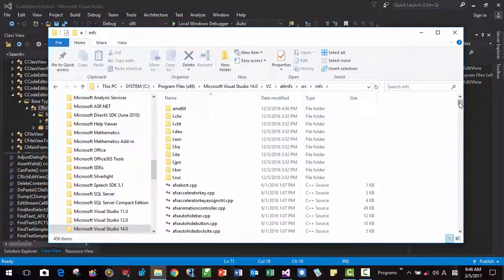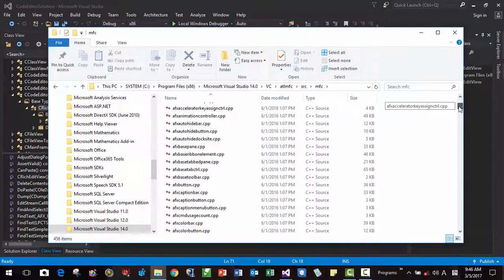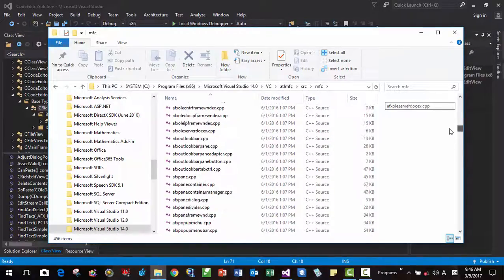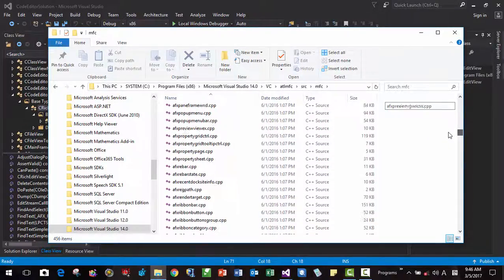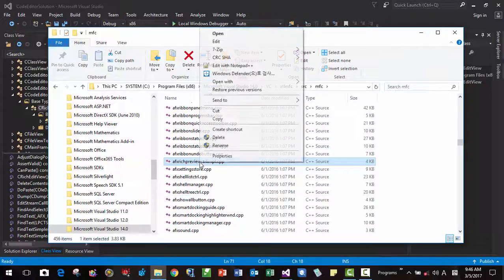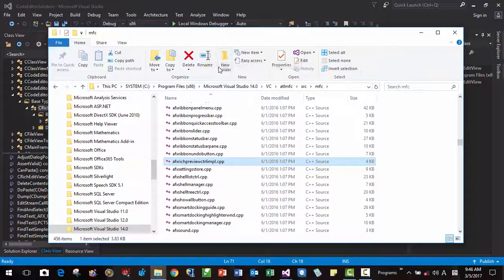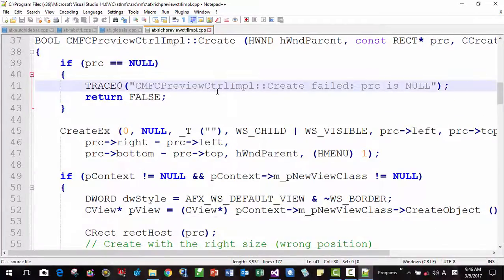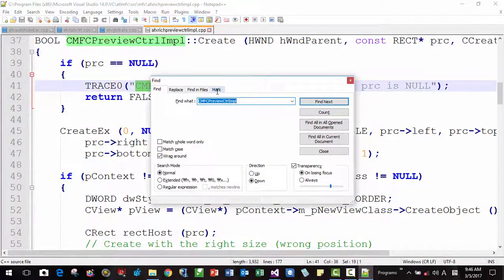In this folder we can scroll down to afxrtf, afxqr rich, here, RichEditView. Right click it and open in your text editor. If you scroll down, you can find actually